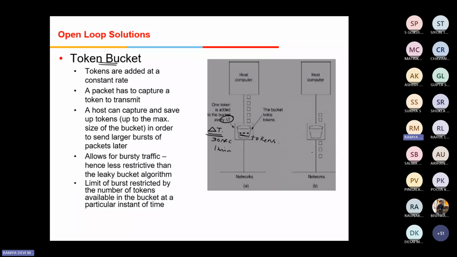Here the host is transferring the packets. In this example, 5 packets are coming in. The host wants to send 5 packets, but in the bucket, only 3 tokens are available. So these packets take the tokens and are transmitted. The rest of the 2 packets are waiting. The host cannot send them, so they wait. Once the token is regenerated after del t time, the packets can be transmitted. So it will ensure the average rate is controlled, and a short burst is always permitted.